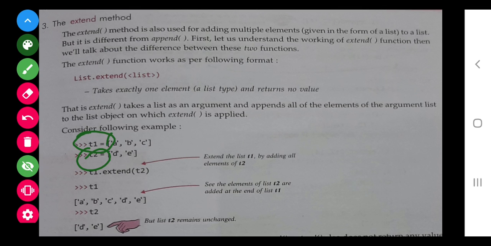I want to add T2 after the T1. So I will write like this, and you can see that T1 is changed, but there will not be any change in T2 because T2 is added to T1, not T1 is added to T2. So this method will help us to extend the first list, not the second one.